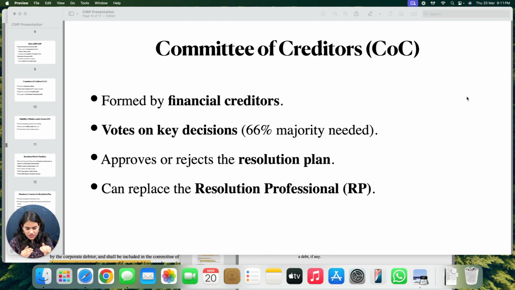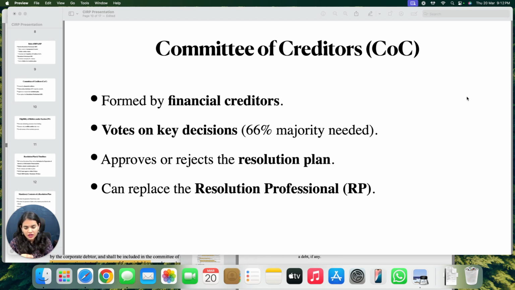So the total financial debt and the debt owed to individual financial creditors. The percentage of the debt owed to each of the financial creditors would be the voting share owed to them. So if the financial creditor, either directly or through a representative, is appointing a representative or a nominee to